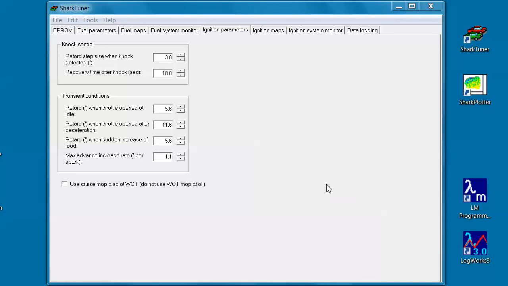Alright, we're continuing our tour of the Shark Tuner software, now looking at the ignition parameter page. These are the basic EZK settings, and we can do some initial fiddling here if we want to, which I would suggest. The retard step, the amount that the EZK will retard the ignition when a small knock is detected, is set up here in the knock control, and normally takes it down in 3-degree steps, particularly for